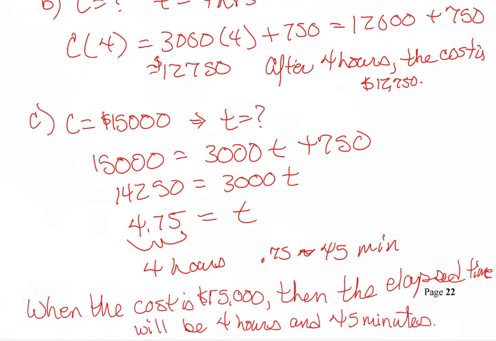Now, this is a good example of why I want complete sentences, because the complete sentence tells you that you understand the entire question. All right? Because it's asking you to find the time that must elapse in order for the cost to increase to 15,000. So the time elapsed must be 4 hours and 45 minutes. All right? So